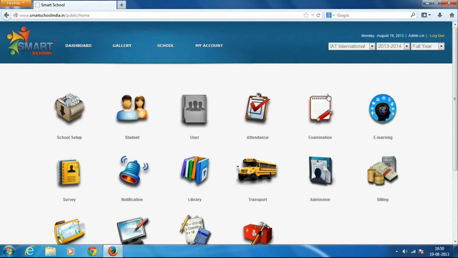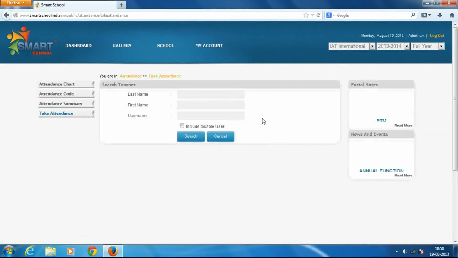Then we have attendance. Schools can communicate attendance of particular student to their parents. Once you click on attendance, you will see take attendance. Using take attendance, a teacher can take attendance of his class subject wise or period wise.